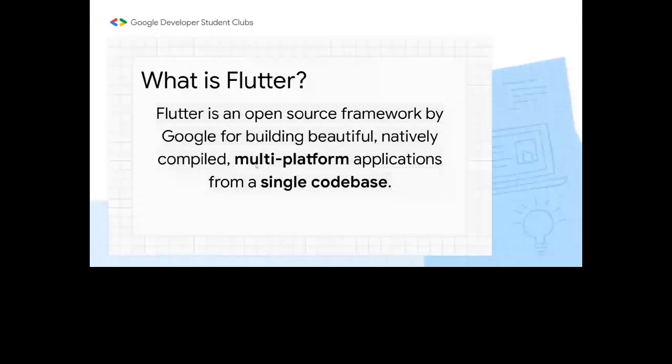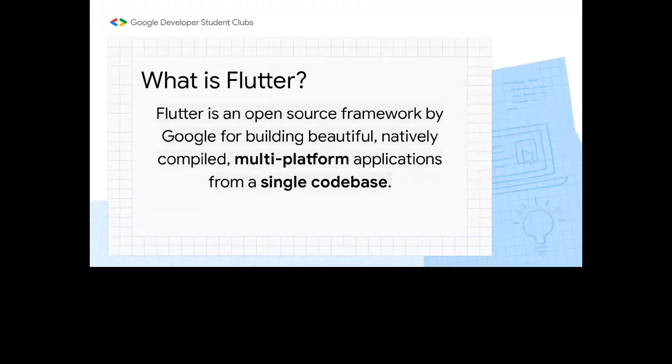What do we understand by multi-platform? Can anyone tell me? Is there anyone who would like to tell me what multi-platform means? First and second years can try. What do you think multi-platform means? Mobile, desktop, or switching between operating systems. Yeah. So basically, we have different platforms like Android OS and desktop.